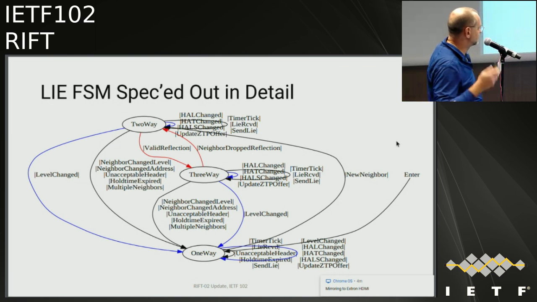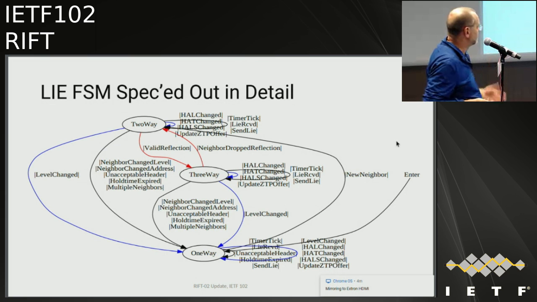And when you start to go through the spec, lots of the stuff makes kind of sense, right? Like you have valid reflection, neighbor drop reflection. Those are the red type of transitions. The blue ones I'll talk about in a second. But then you have things like unacceptable header, hold time expired, right? Because if you lose enough, you have to bring down the adjacency. This is the stuff that is easily accessible. The blue stuff